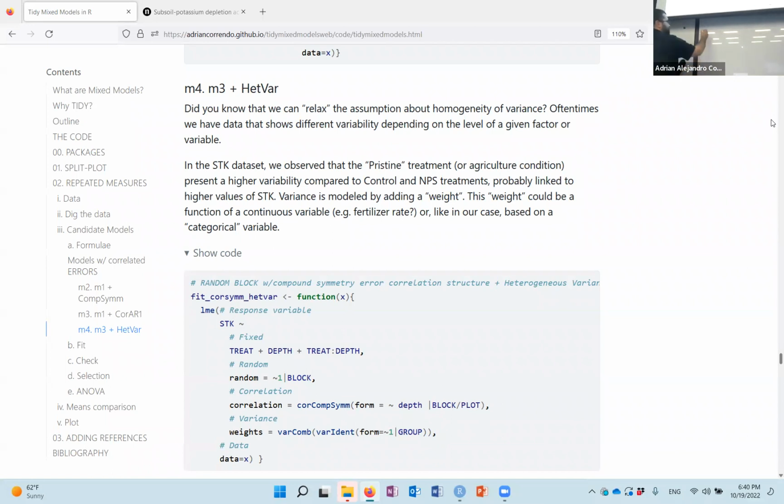But many times we will have something, let's say that it's not this case, but let's say that we have nitrogen rate, right? Or fertilizer rate. And then we have yield here, right? And many times we have here the expected value. Let's say that this is the response, but then we may have a variability that it could be something like this, or it could be the opposite. Let's say that we may have something like this,